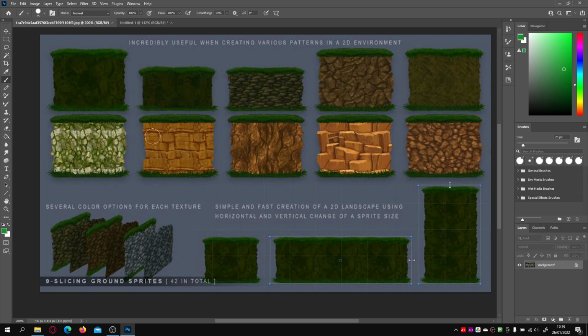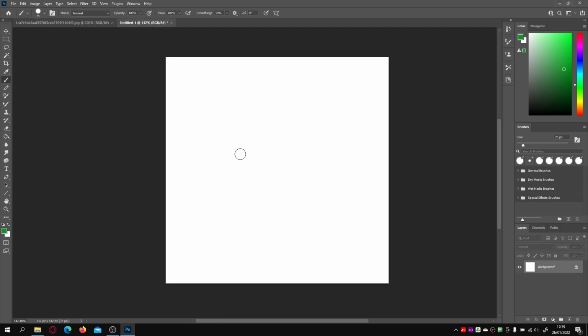So something like this, you could look at things for inspiration. You can even embed objects in the terrain. Let's just start off with a 512 by 512 pixel image, and I'm in Photoshop, and I'm just going to make maybe a wavy line where the grass is, and I just want to show you what we talked about